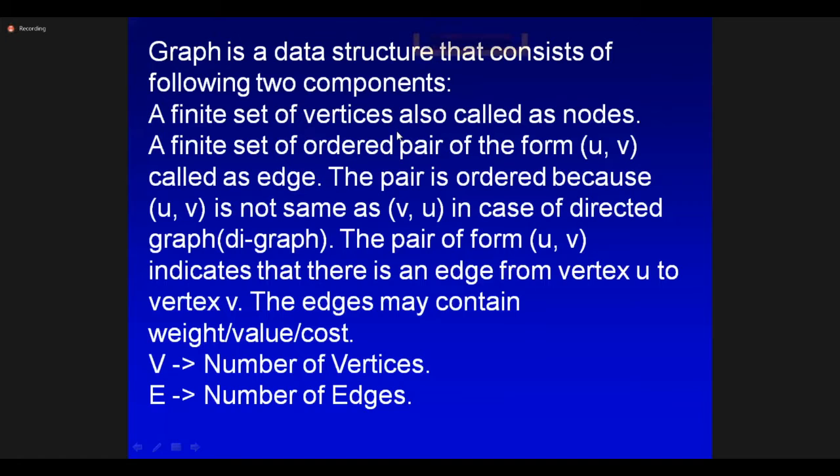So any information you are going to connect, that structure is U and V. But there is a difference between U comma V and V comma U. By default you will write U and V, but if you write V comma U, that means in case of a directed graph, the direction is given between V and U.